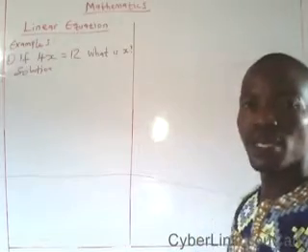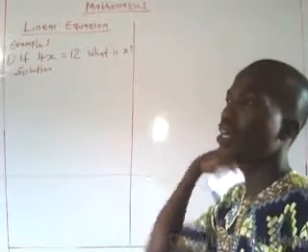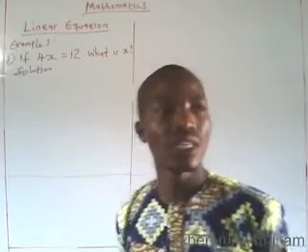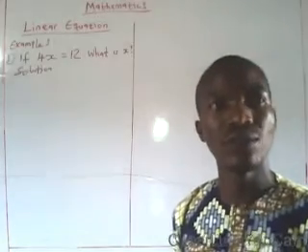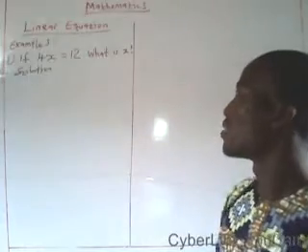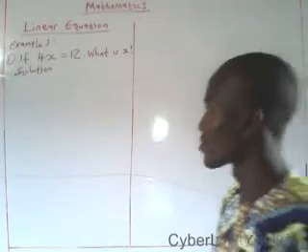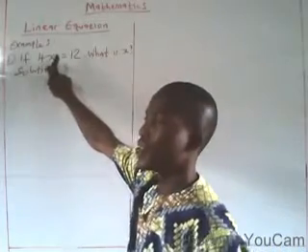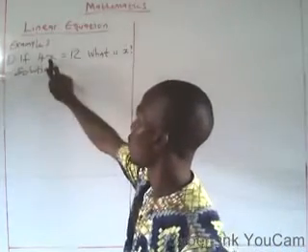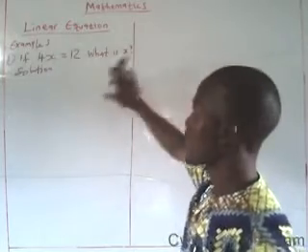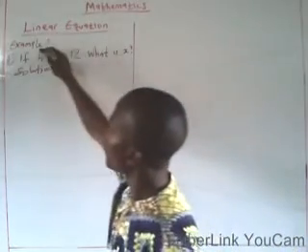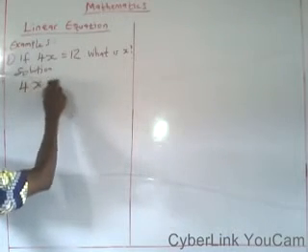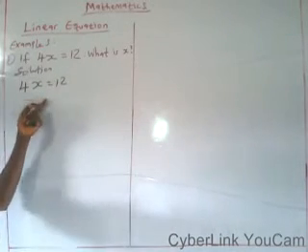Now, the aspect I want to lay emphasis on is the one that has to do with just a single variable. The linear equation that has to do with a single variable. The one you are given on the board, the variable that is unknown is x. The unknown variable here is what? X. So in that case, we have to look for the value of x. But before I solve it on the board, if you have this particular expression, 4x is equal to 12, the interpretation of this is that